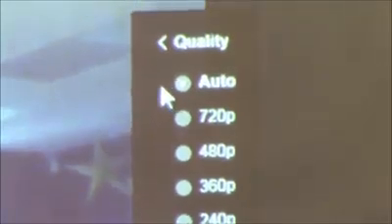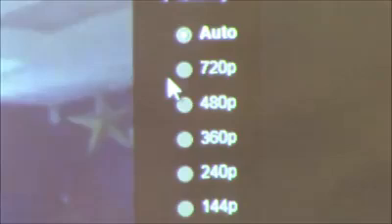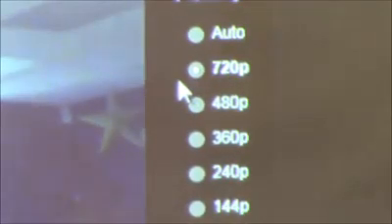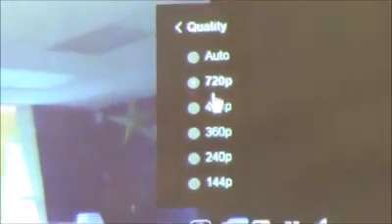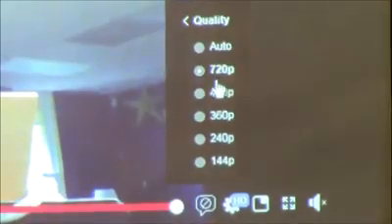There are 5 to 6 different options on most laptops. You want to set it at the highest quality possible, so you want to click 720p. If you have any kind of fuzziness in your video at all, that should solve it. I know we've had some people commenting about the video being a little fuzzy and some things maybe being out of sync. That should fix it. That's the easiest way to fix it.